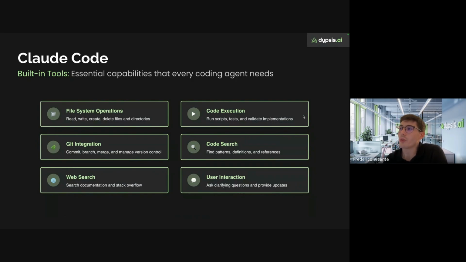It knows how to search for patterns within files, so it is very smart when finding something that it needs to find on your file system. It has some web search tooling, so you can search the web. Of course, you can also add some other subsystems, let's say, to help you reach other external services. It also has some user interaction utilities. For instance, when you are making plans, it often asks you questions to make sure that it has the full picture when developing a feature.